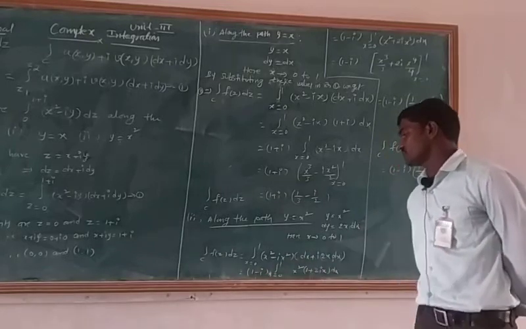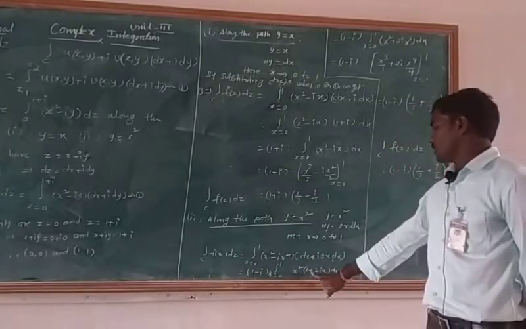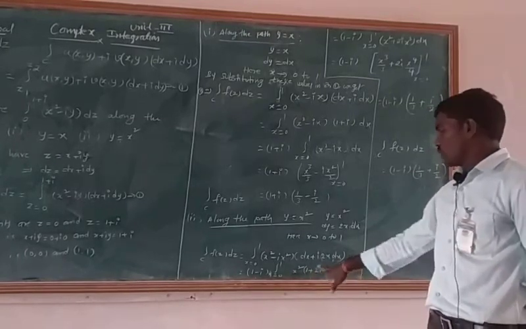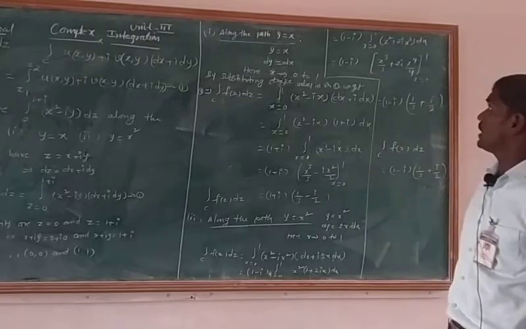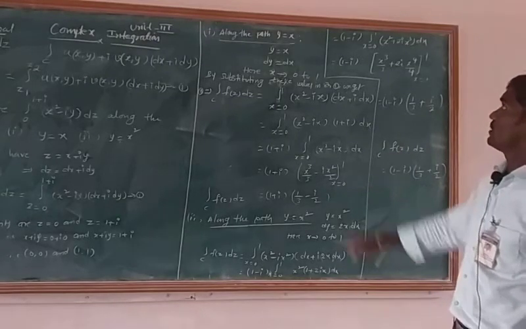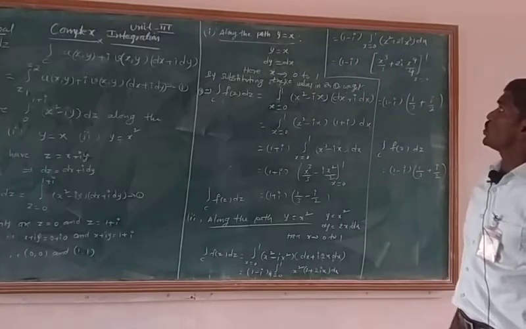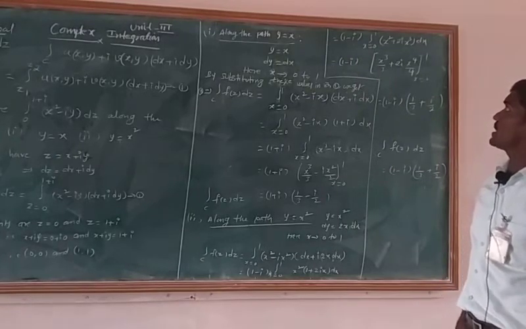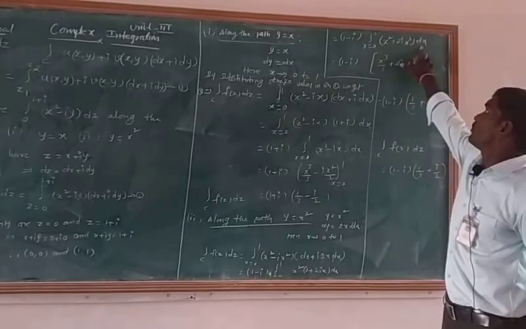Note this constant value in front of the integral: 1 minus i into integral x varies from 0 to 1 of x square into (1 plus 2ix) dx. Thereafter we can multiply x square into the integrand. That is 1 minus i into integral x varies from 0 to 1 of x square plus 2i into x cube into dx. And finally integrate this result with respect to x.